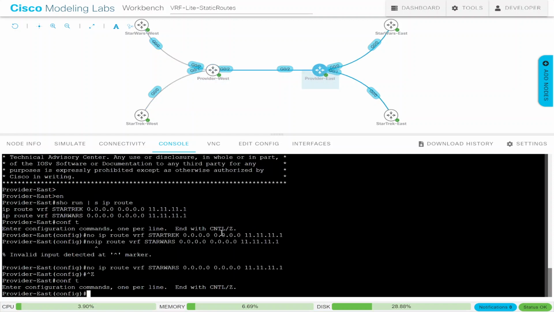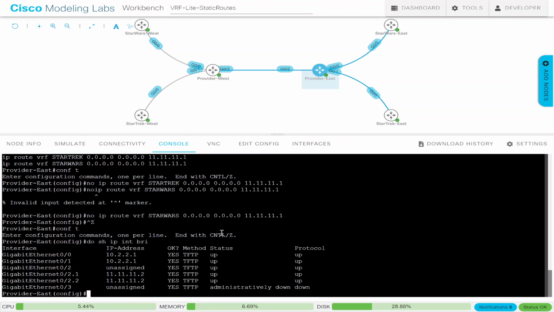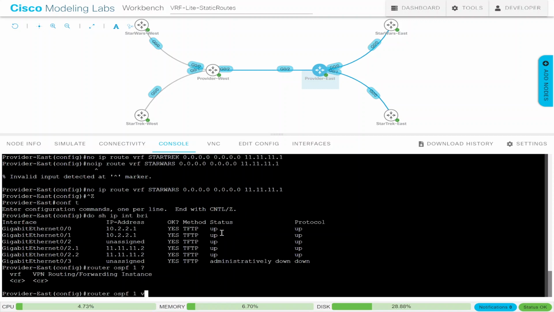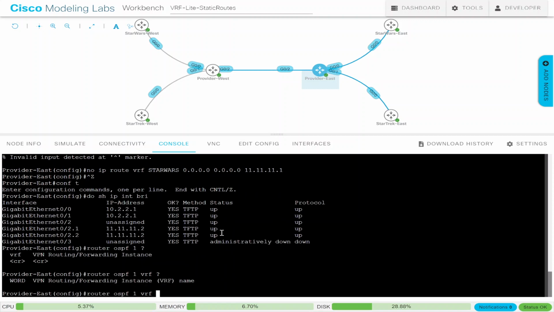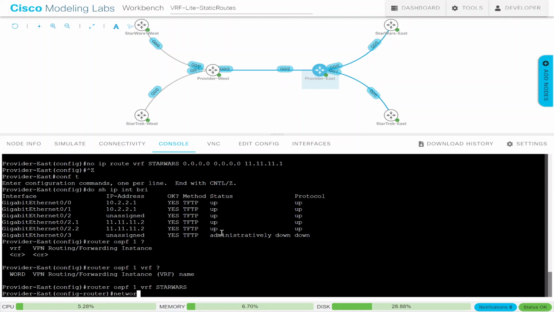and we have to do the same thing. Router OSPF. Let me see the interfaces here. Do show, I believe it's 10.2, but I want to confirm. Show IP interface brief. Yes, 10.2. Okay, so router OSPF 1, VRF, and Star Wars. And now network